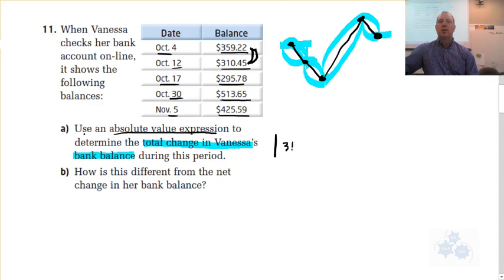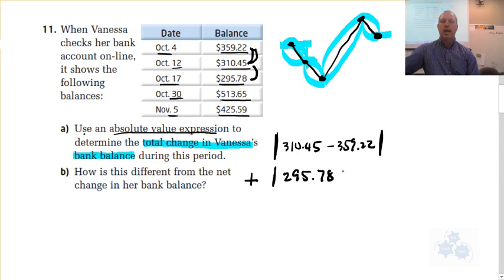So this is going to be 310.45 minus 359.22. But that's going to be an absolute value. So you would add to that the absolute value of the next change. And that's going to be 295.78 minus 310.45. And again, because it's absolute value, it doesn't matter which one you subtract, because we're going to be adding the absolute value anyways. So we keep going through all this here,